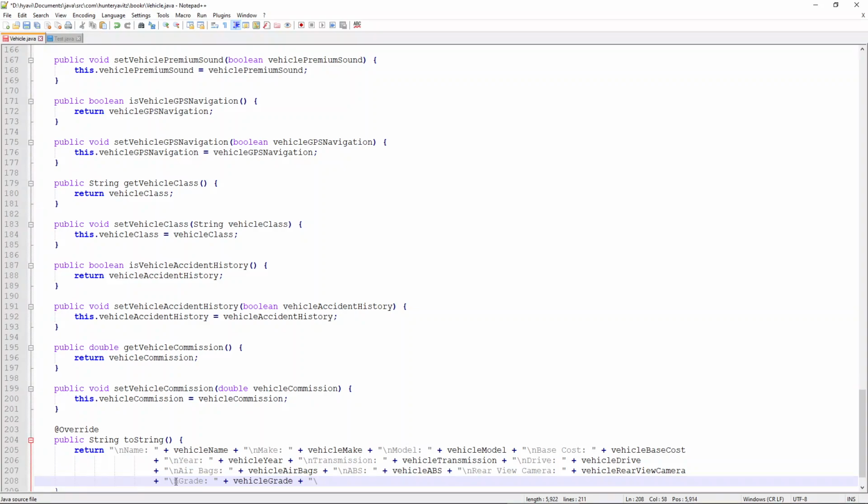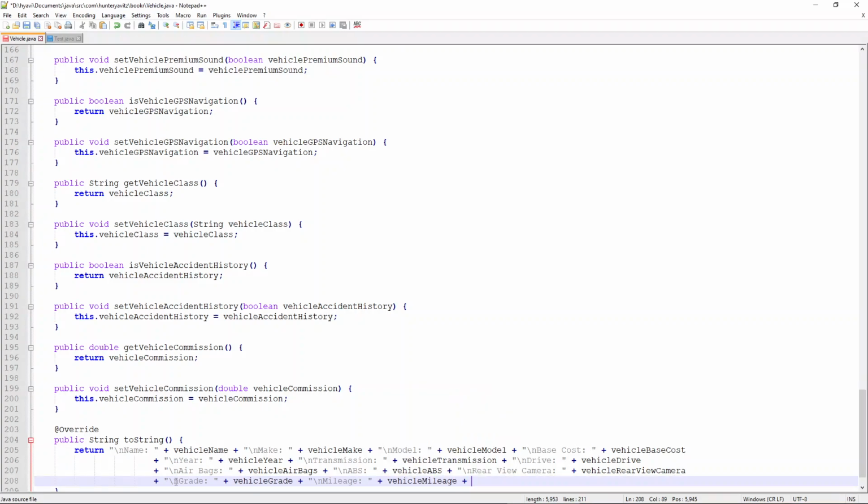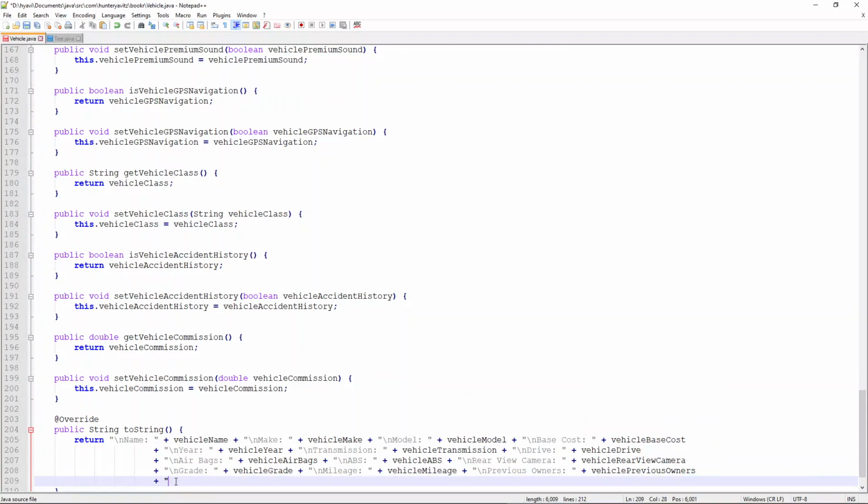And then the mileage. And let's see, after the mileage, then we get into the next Boolean values, which, oh, actually no, after the mileage it was the previous owners. And then we have the Boolean luxury values, which is going to be keyless entry,